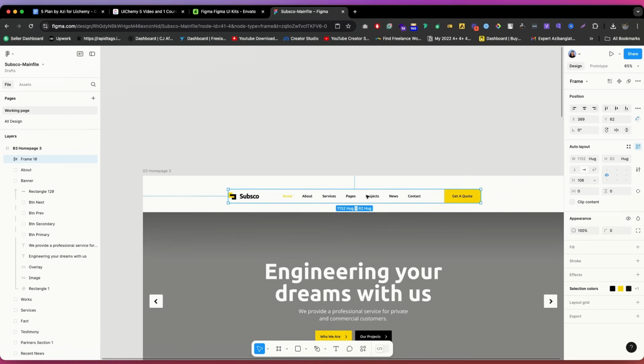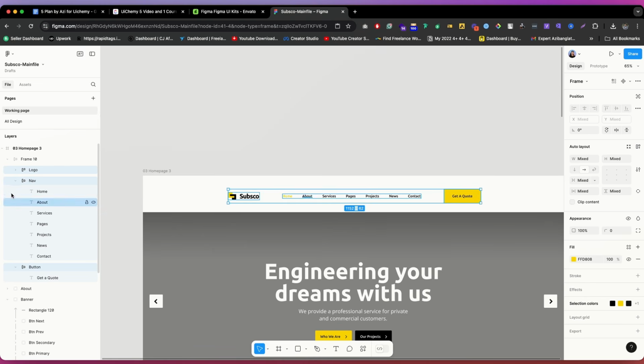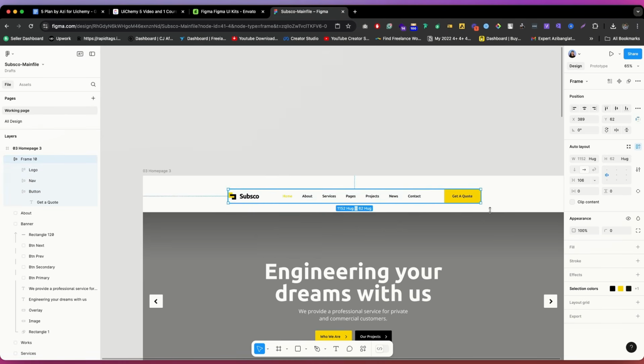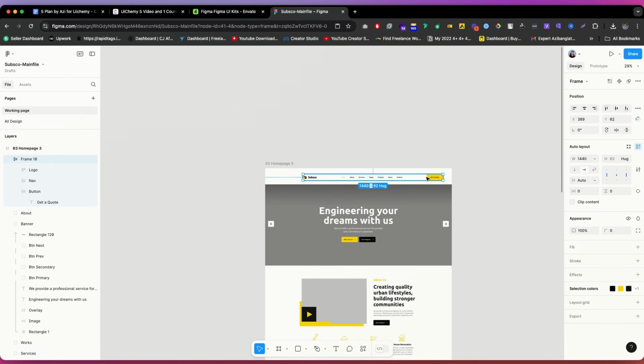3 of them in auto layout, right? And now we can simply set how much spacing we want between each of these items. Right now, if we press on the layer and click Enter, then you might see something like this, right? 3 items there. One is logo, nav, button. And now if I look at the spacing between them, it's 106. So if I make it auto, then what happened? Now I can simply make the total width 440, and I can literally just drag them